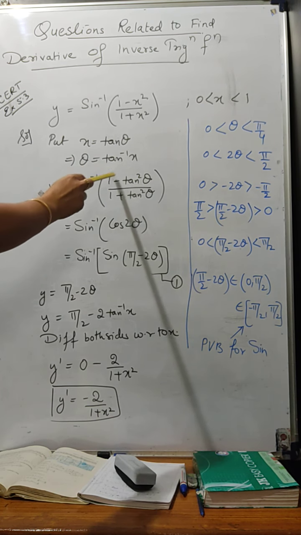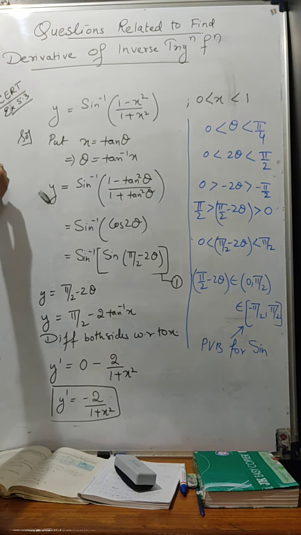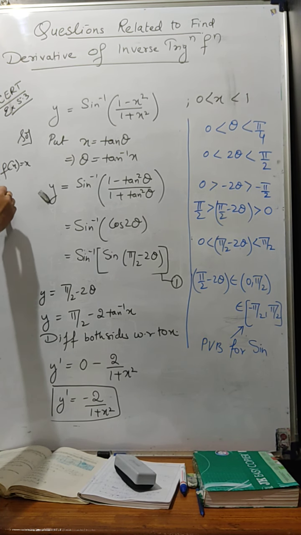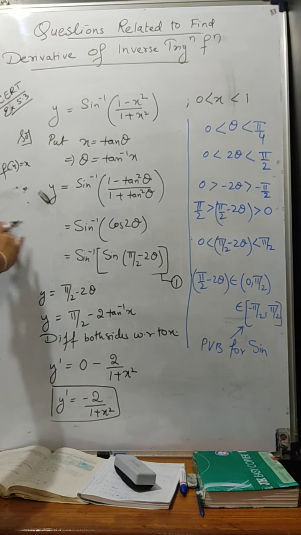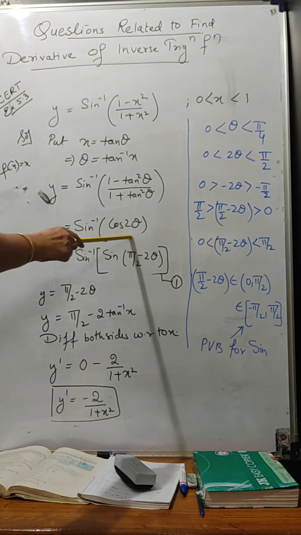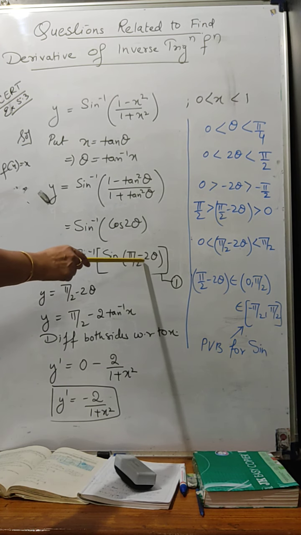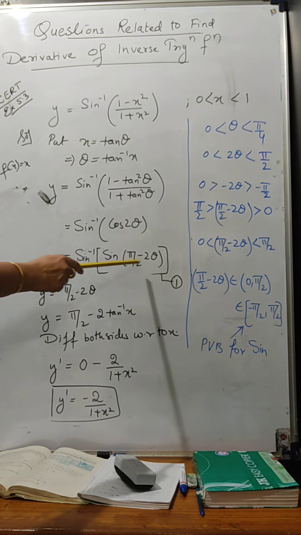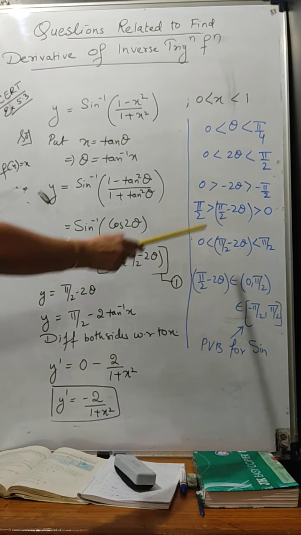This formula is for cos 2 theta, but we know that f inverse of f x will be equal to x, not f inverse of g x will be equal to x. This is not that. So what we will be doing, we will be taking the concept of trigonometric functions that we have done in class 11 and even in class 10, that is cos 2 theta will be replaced by sine of pi by 2 minus 2 theta. Now after reaching this particular stage, that means f inverse of f x, is it equal to x or not? What we have to do, we have to check the interval.